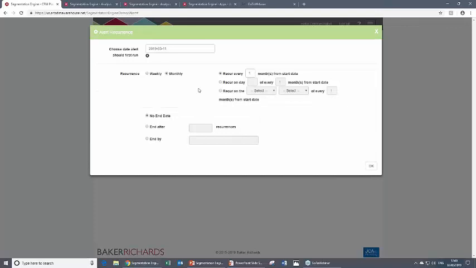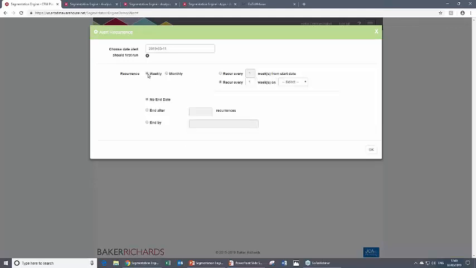I might want to choose monthly, and in that case I might want it to recur on a specific date of the month each time, or I might want it to always recur on, let's say, the second Monday of every month. In this case, we're going to stick with weekly, and we're going to have it recur every week